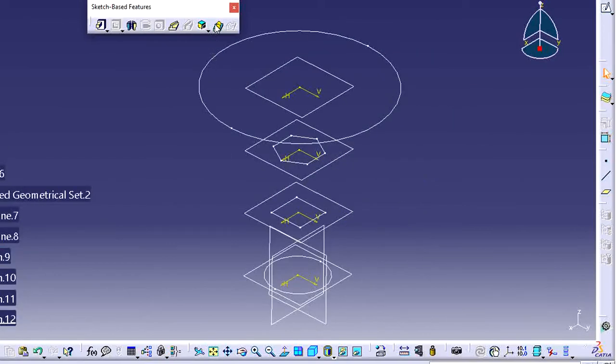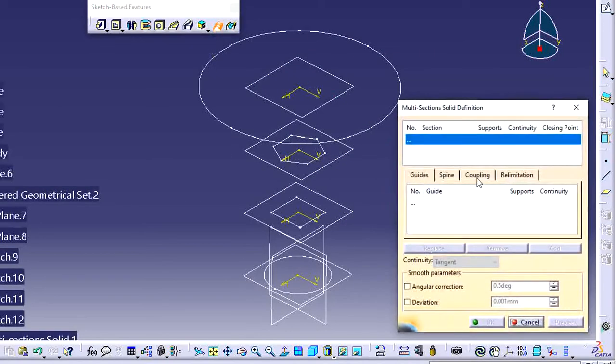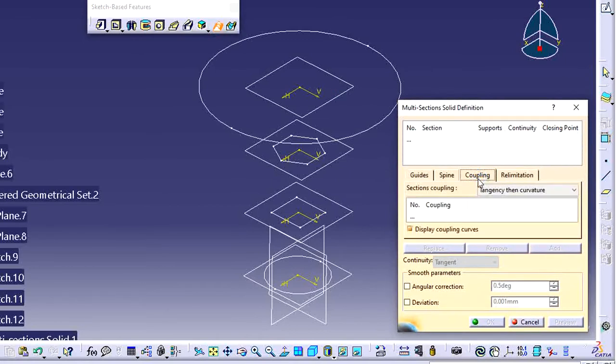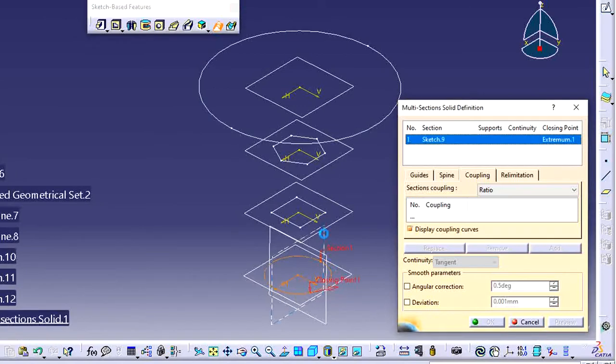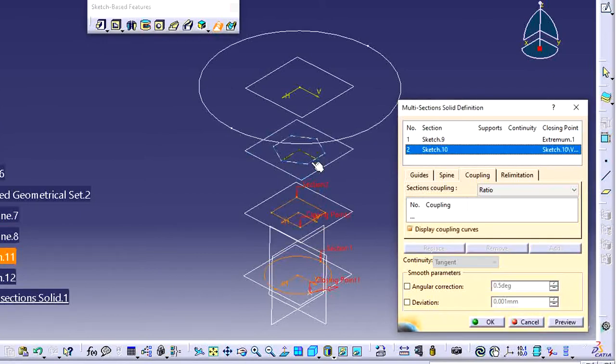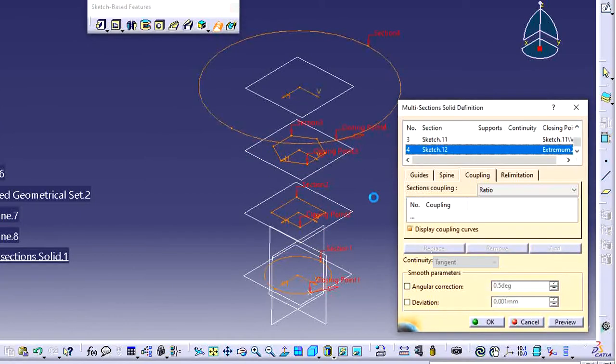See, when you enter into this tool, first of all select the ratio method in the coupling tab. Go to the coupling tab and select the ratio method. When you use the ratio method, you will definitely get the results. Okay, that's why I'm saying. Next select sections. Here we have four different sections, and select all sections step by step. Select like this: first section, second section, third section, and fourth section. After selecting,